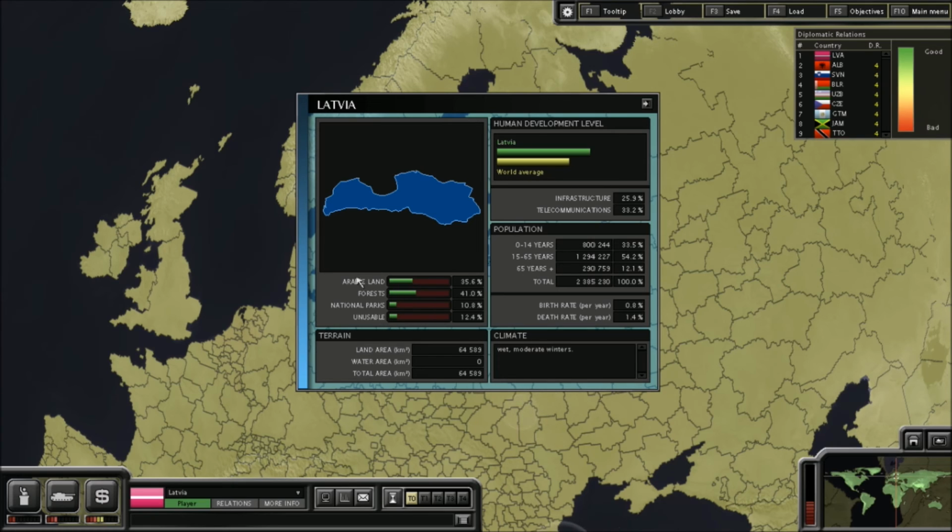And then you can also view arable land, forests, national parks, and the amount of unusable land in your country. Now, the amount of arable land is actually pretty important, and your infrastructure and telecommunications, as well as your human development level, are pretty important. Now, your human development level, it's not so much important. You can kind of let that go down,